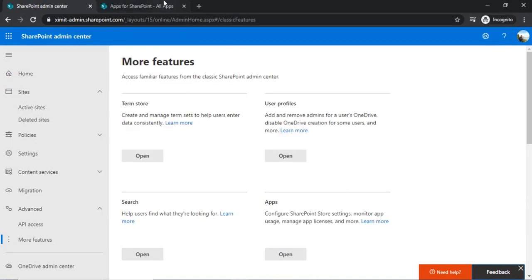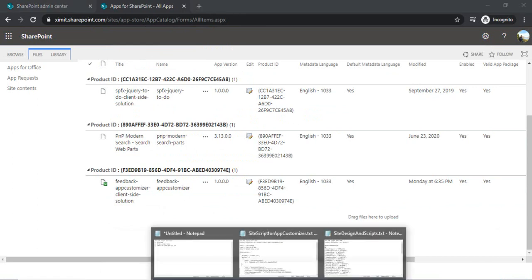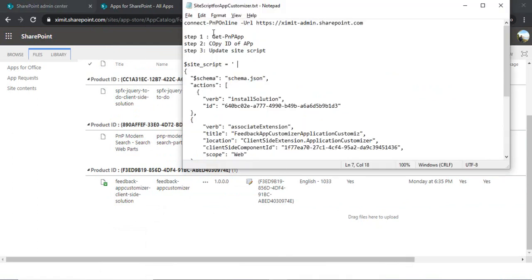Now, as I just showed you, I have already put this feedback app customizer solution within my app catalog, and I would be extracting the ID of this app customizer so that I can use it with my site script. I'll go back to my script, and you see I have written one Get-PnPApp. Why do I need that?